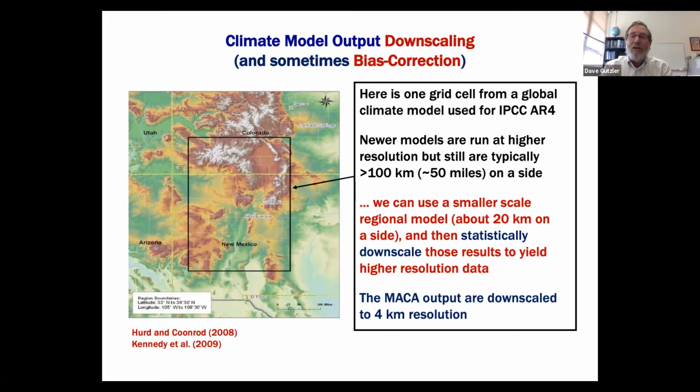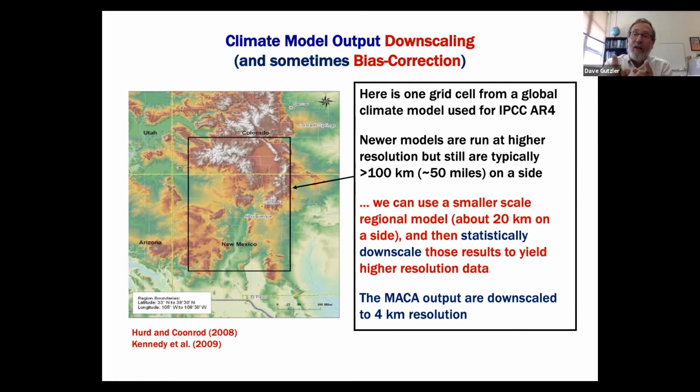And there's a number of different ways to do that, but a real common way is to take observed data and then take climate model output over this big black rectangle and use data to kind of statistically generate high resolution variability that's artificial, but is realistic at much smaller scale where it can actually be used by people that are interested in what's going to happen where they live, not over this gigantic rectangle that includes the whole Central Valley of New Mexico, plus the San Juan Mountains, plus the Navajo Reservation, and everything in between.